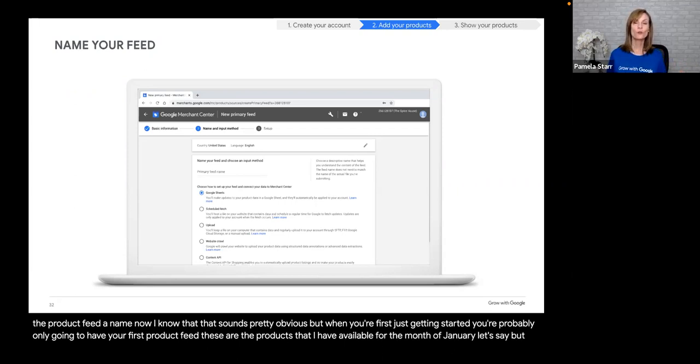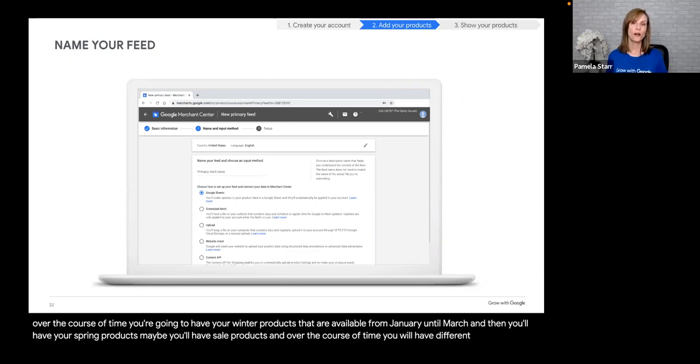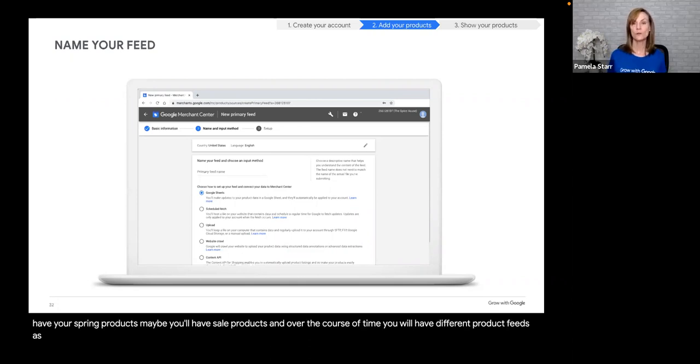But over the course of time, you're going to have your winter products that are available from January until March, and then you'll have your spring products. Maybe you'll have sale products. And over the course of time, you will have different product feeds as your product assortment changes. Just know that if you're just getting started, one of the easiest ways to do this